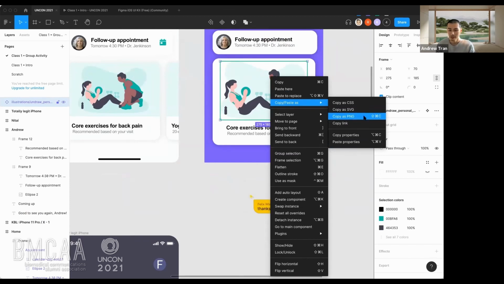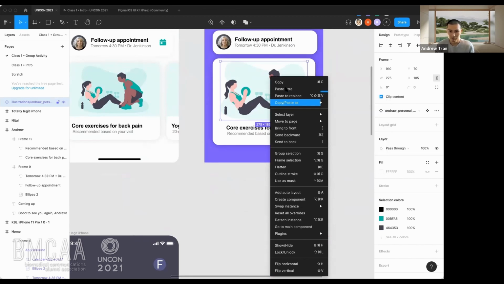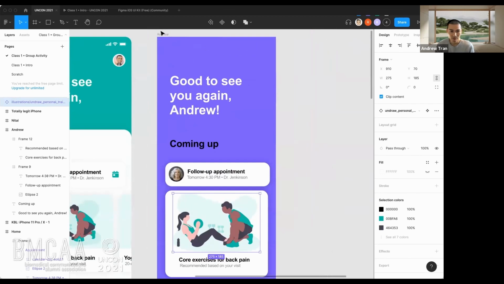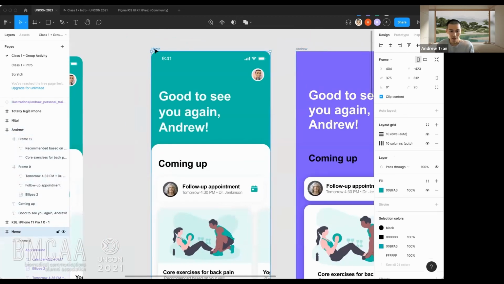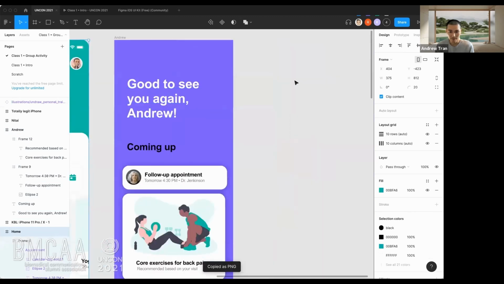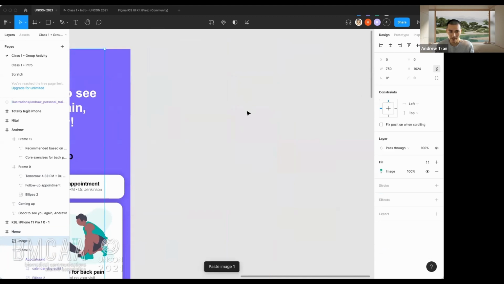This is really, really useful when you're sharing things to people in Slack or in an email and things like that. So this will copy and paste the whole, you can select anything, right? Like from a frame or a screen, and it will be pasted out. I'm just gonna paste it here, but you can just paste it out